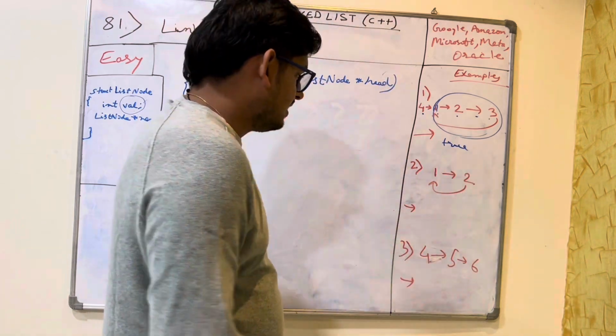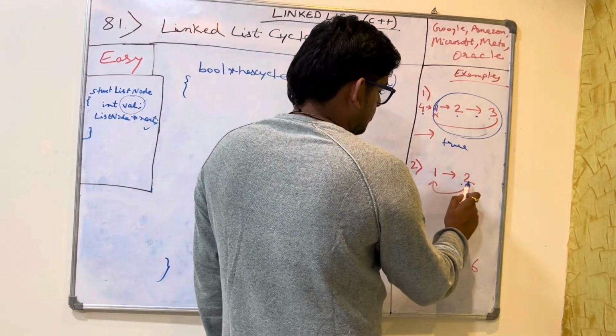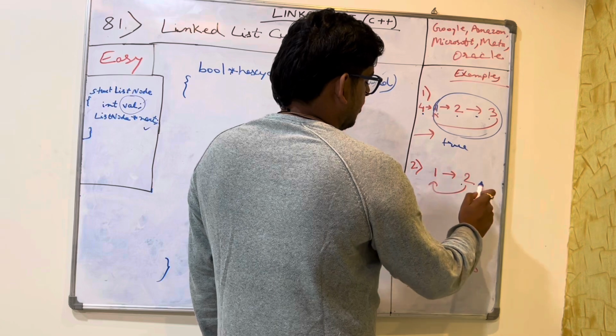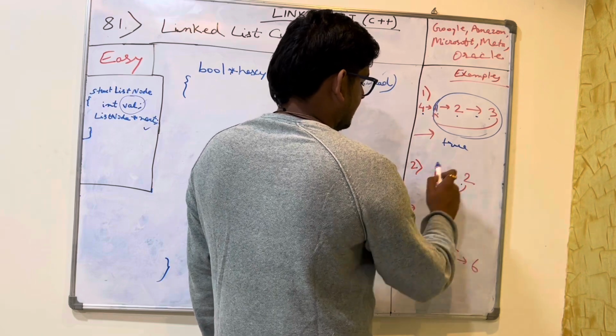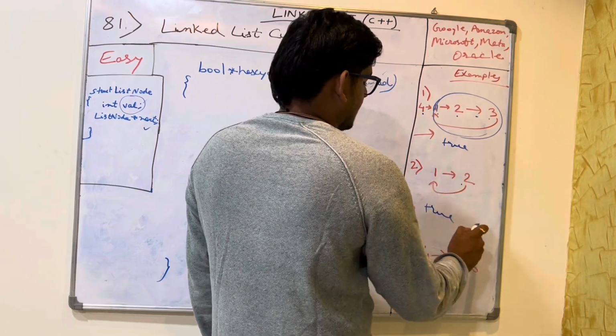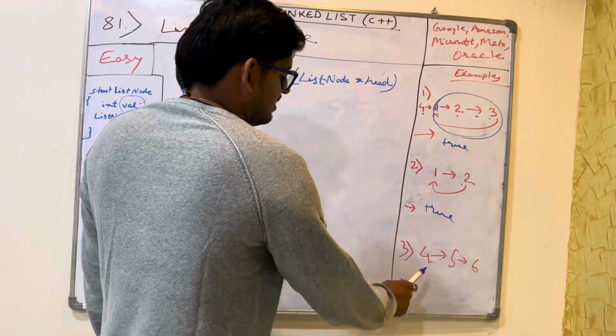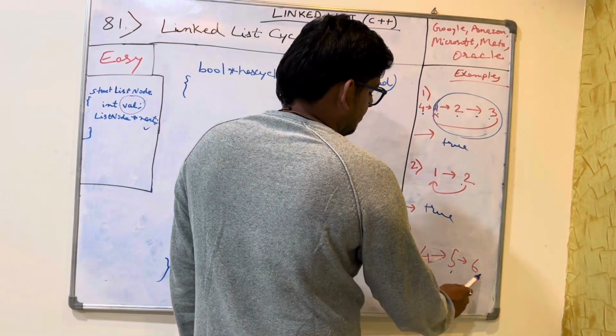Here in this second example, 1 is pointing to 2, 2 is pointing to 1. Again 1 is pointing to 2, 2 is pointing to 1. So there is a cycle. This also has a cycle, so we return true. But here in this example, 4 is pointing to 5, 5 is pointing to 6 and